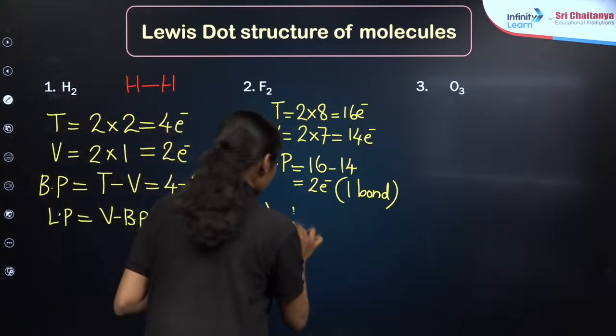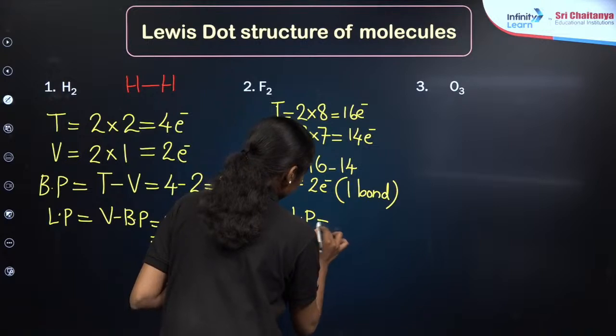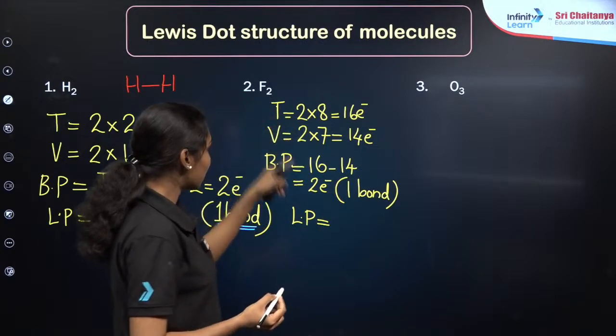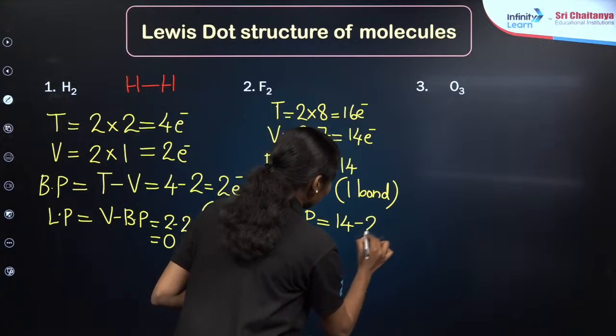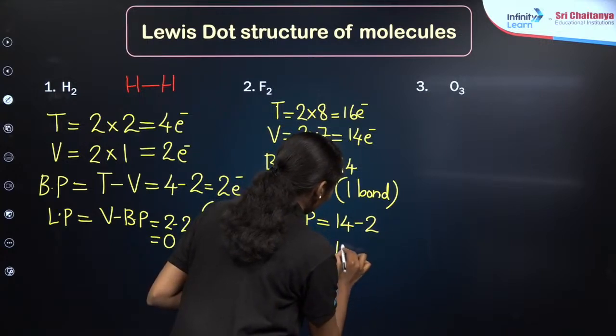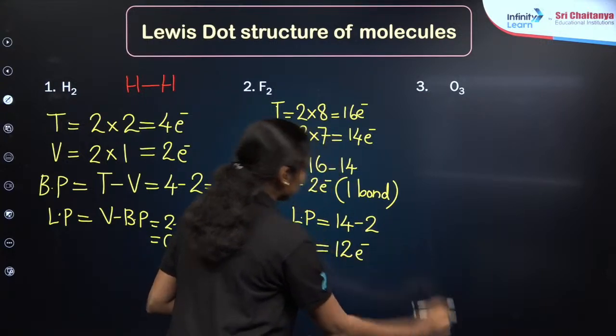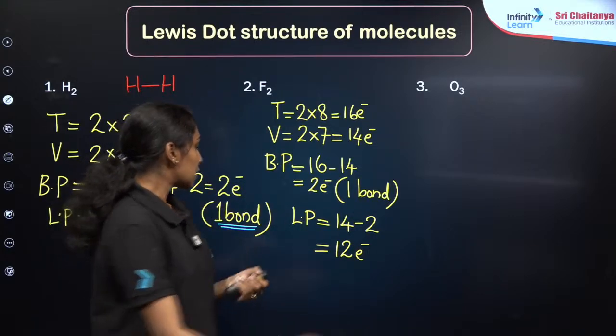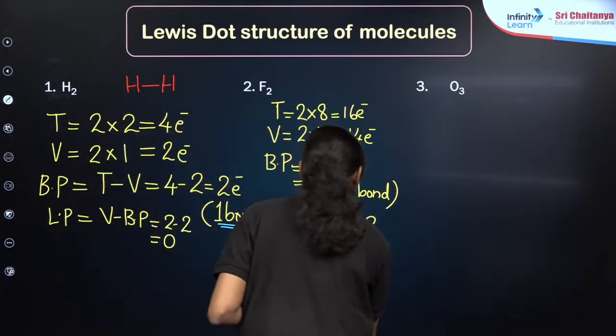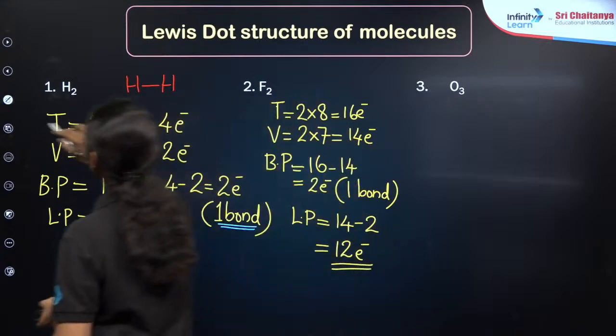Then what about the lone pairs here? We have to take the difference between V minus BP, right? So I am taking 14 minus 2, that is equal to 12, which means that 12 lone pair electrons are present over here in the case of F2 molecule. So that you can draw the structure of this F2 molecule as,